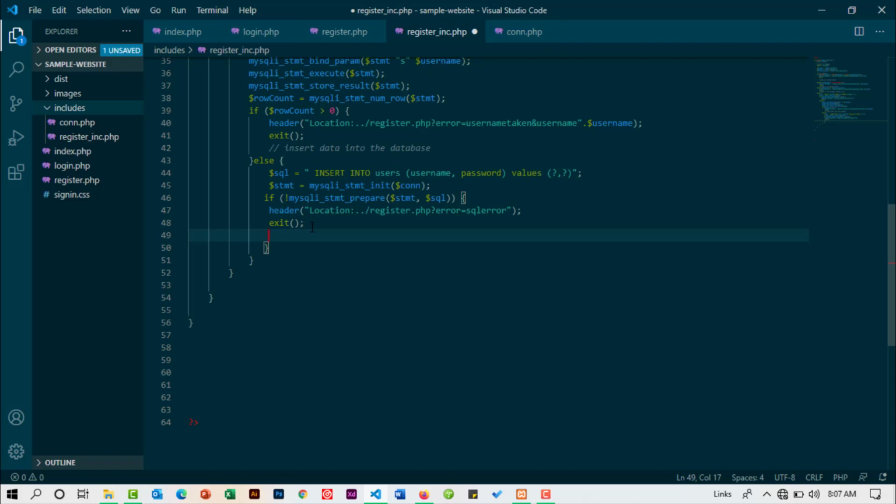Now the last thing that we want to do is we want to insert the password provided by the user in a hashed manner. So we don't want to insert it in the raw form that the user will have provided it. So we want to hash the password first, and then we insert it onto the database. So here I'm going to come and create a comment and say create hashed password,